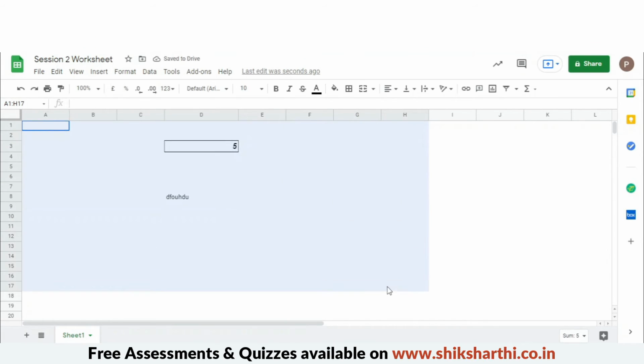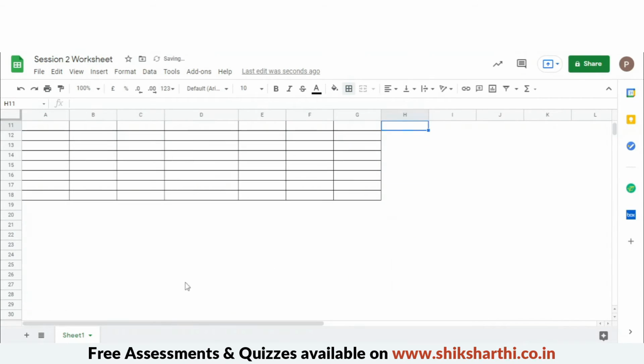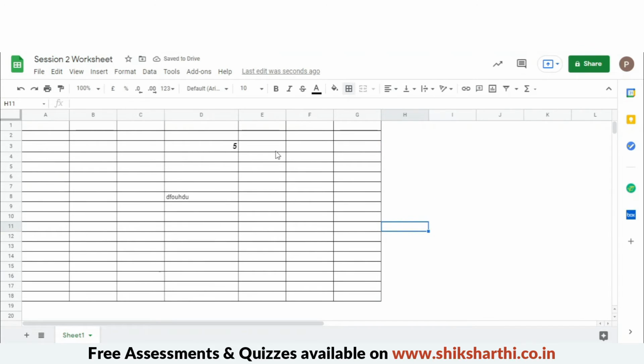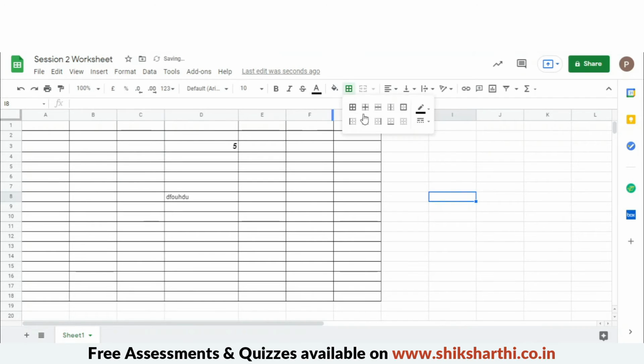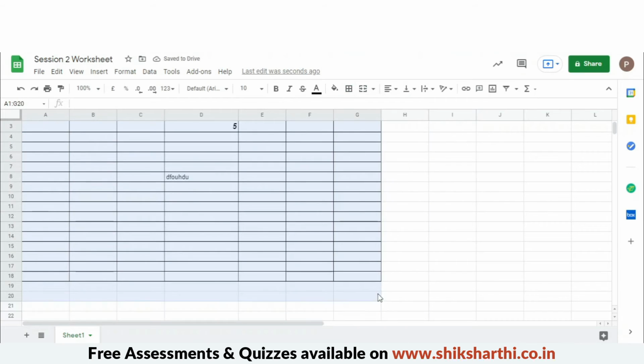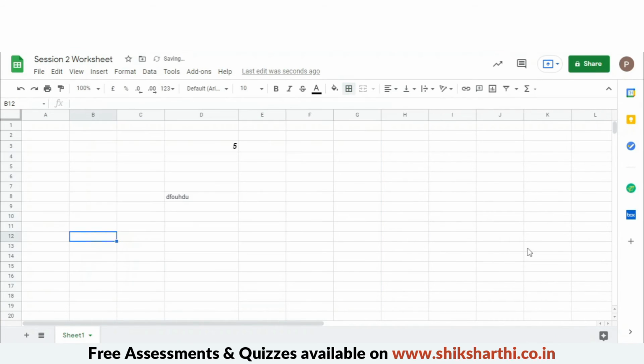If you want to format a sheet, using these grid lines and pasting borders is a good option. Removing the grid lines and pasting borders makes your sheet look good. And if you once again check grid lines, it's back. Select the range, remove the borders. That's it.